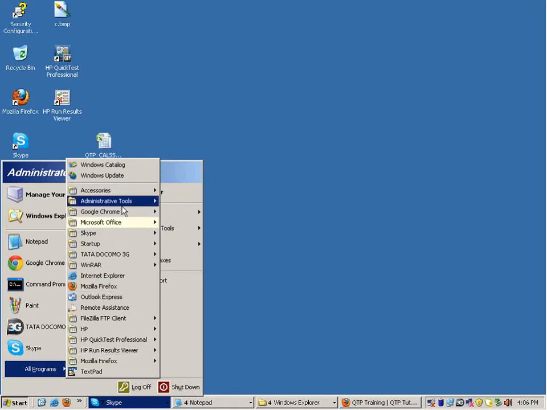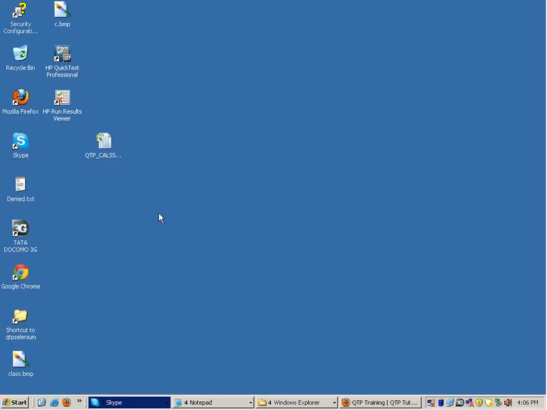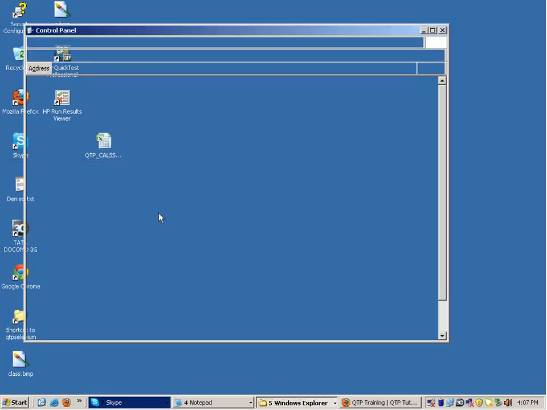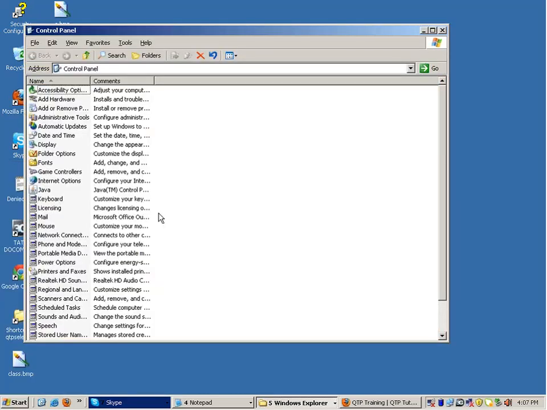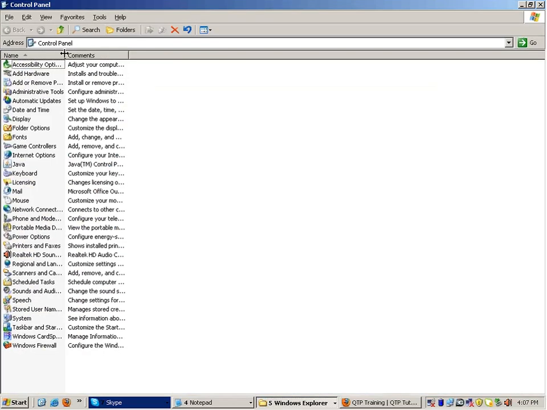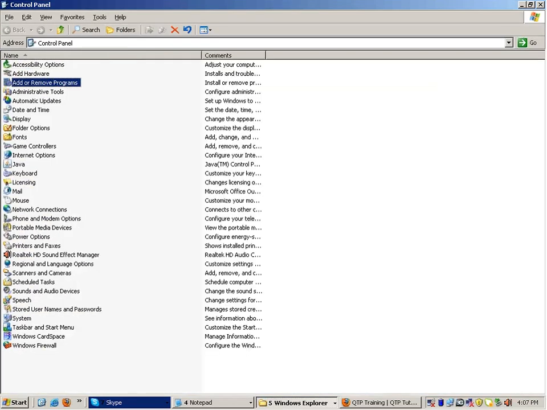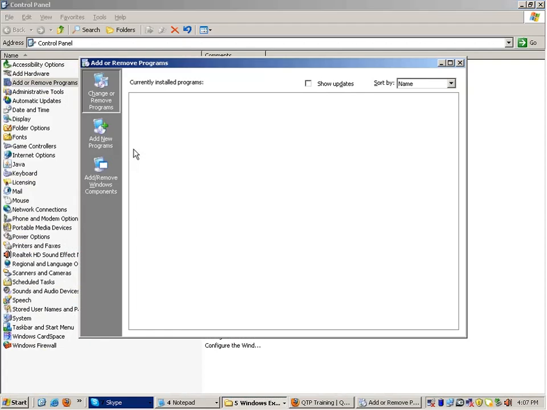You can go to your control panel. I'm using the server operating system. It's quite old, but yeah. So you can go to your add remove programs. Hold on.